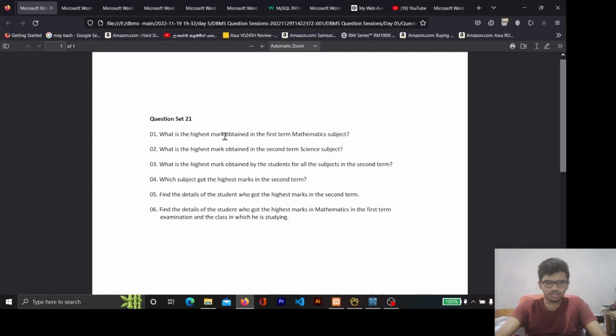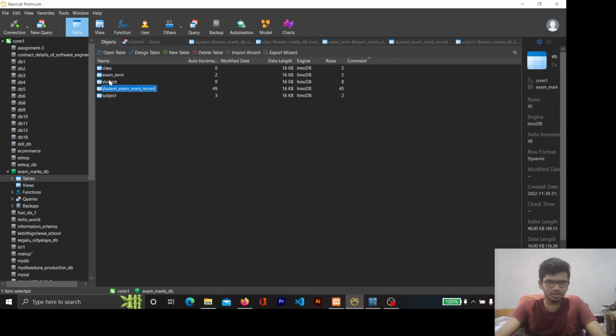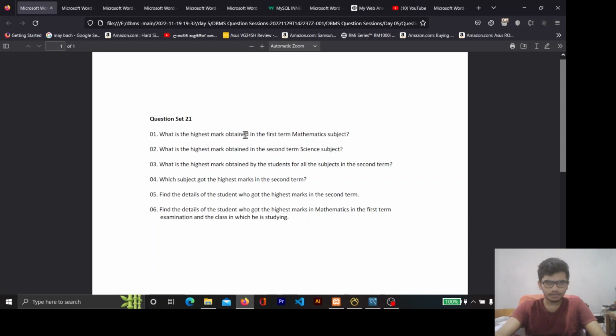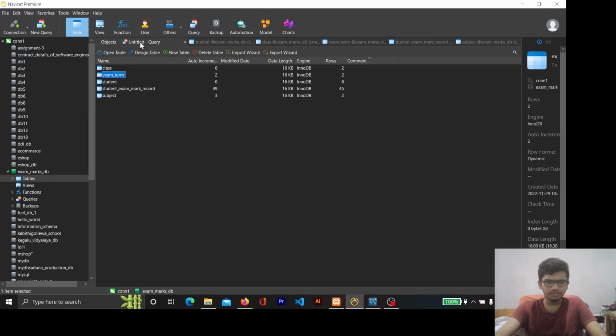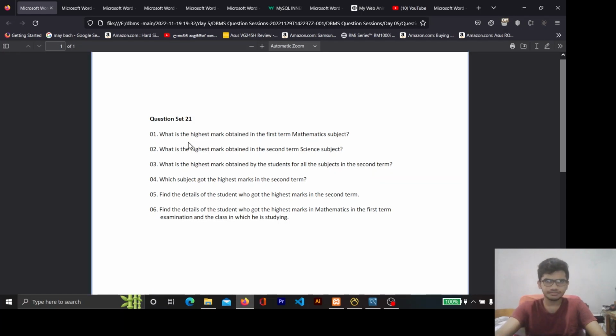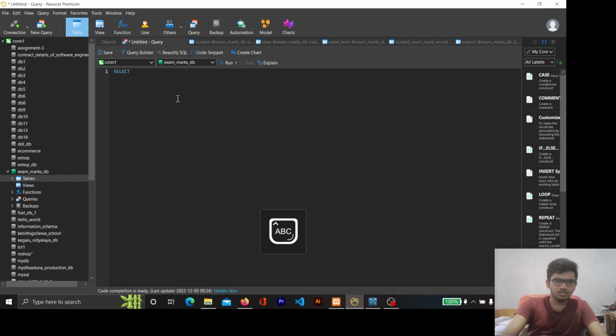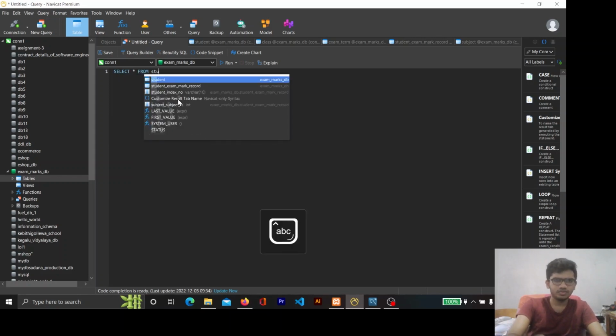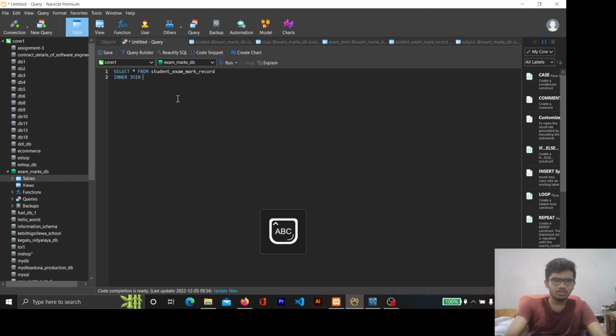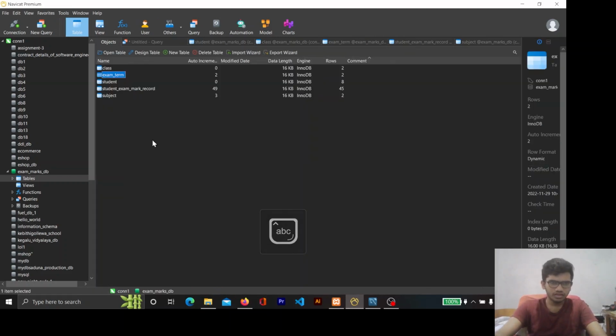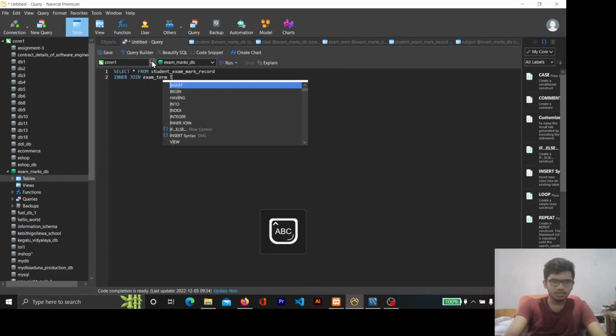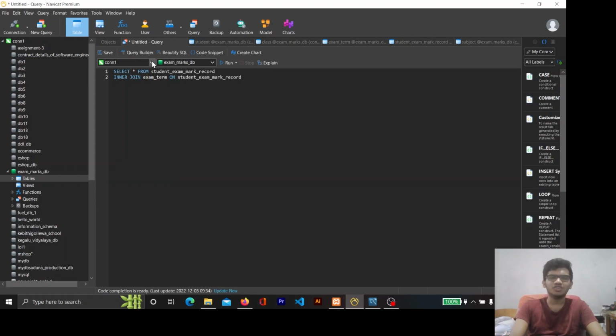So first you have to join the student exam mark record table and the subject table. First term means you also have to join the exam term table. So you have to join three tables. So select all from student exam mark record, join exam term. You have to specify the similar columns. Exam term will be